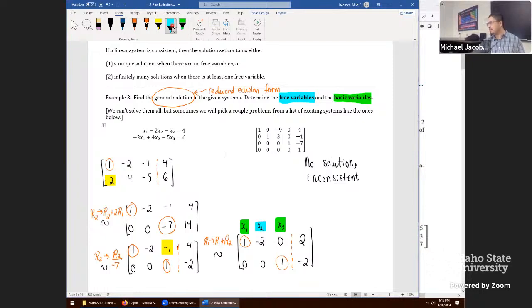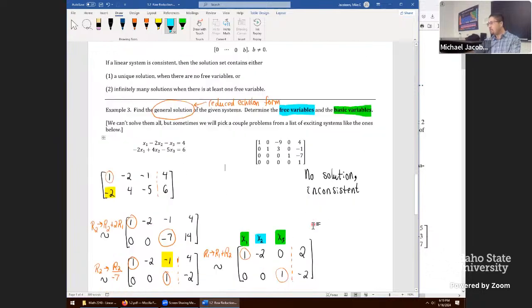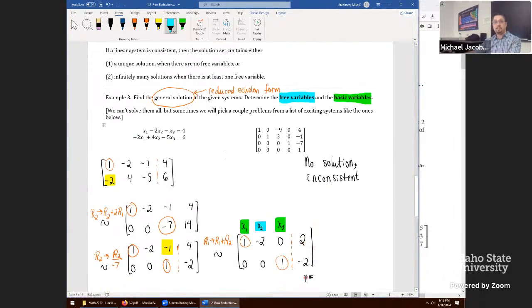The free variable is the variable that's not associated with a pivot. Because there's a free variable here, that says something about our solution: we know there's no pivot in the far right column. That's automatically a consistent system because of that. And we cannot have a unique solution any longer. Reason being, there should be no free variables for the solution to be unique. We have this case. The system has infinitely many solutions because there is one free variable, x2. And just to be specific, let's say here, x2 is free